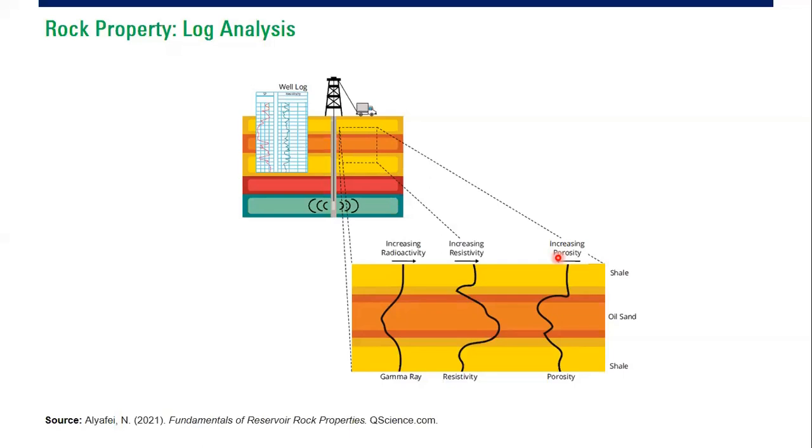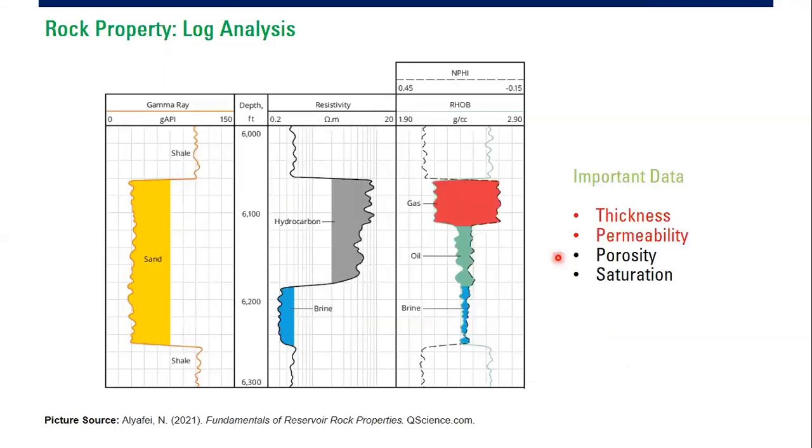Okay, so we can describe the property of the reservoir by using log analysis measurement. And of course, we can do other measurements with core analysis, right? And we can combine the result from core analysis and log analysis to get a better picture and better characterization regarding the properties of our reservoir. Okay, so this is a typical example of log analysis. The first one, we have gamma ray. This is to show which layer has high permeability and which layer has low permeability.